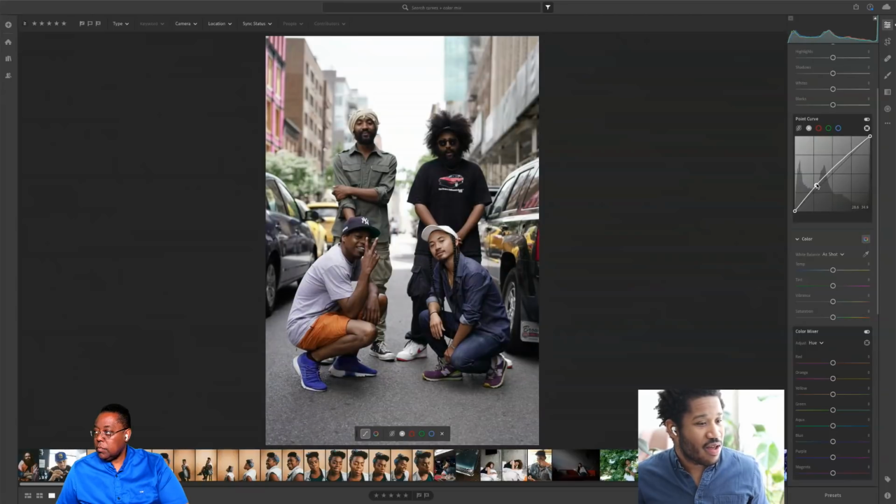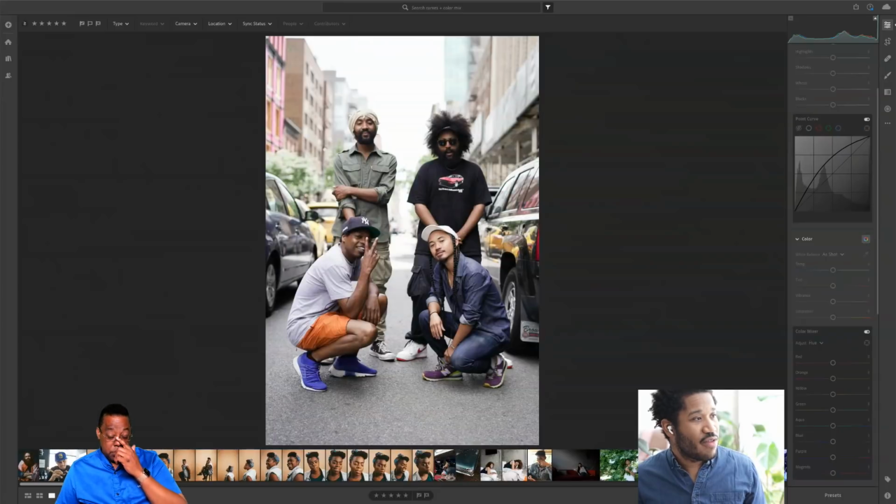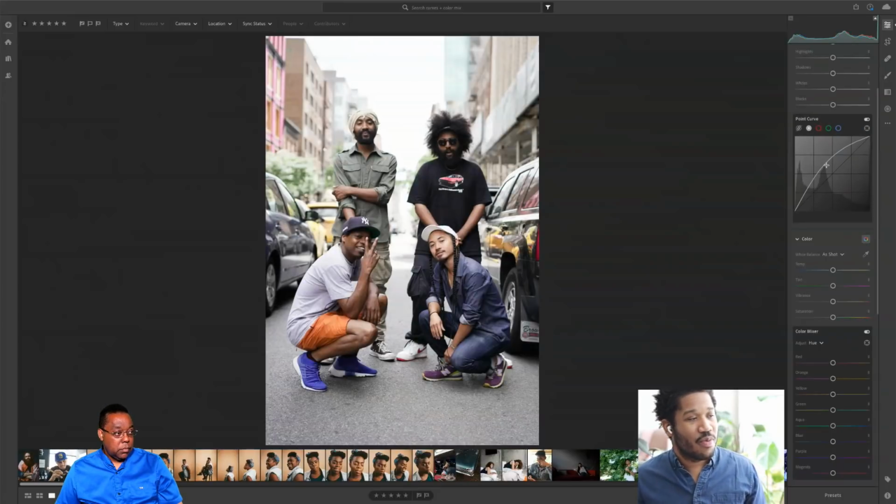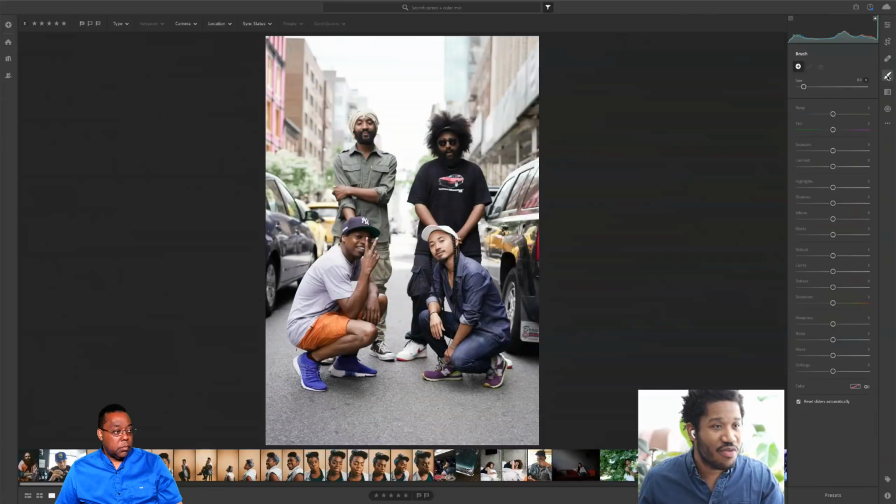And if we look at the difference, even before, you had more detail in that background. So being able to select multiple points allows you to keep the edits you want and not worry about anything crazy up here. Now, let's say that we're just like, you know what, I like it. I don't want to have to keep doing points on it. We can just select one point, bring it up like we did, and then we can go back to our friend the adjustment brush like Terry showed us,